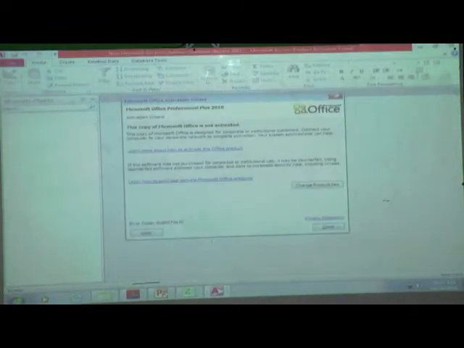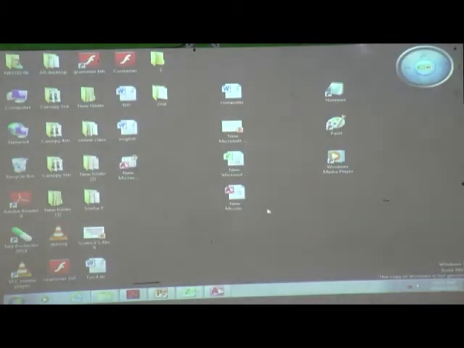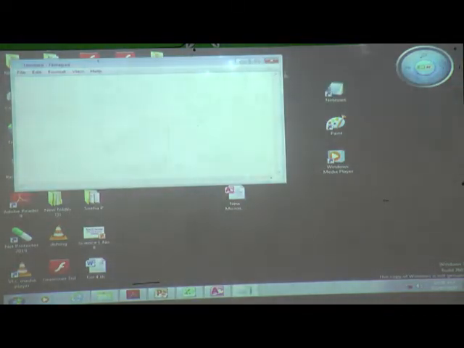Now next one is Microsoft Access. If you want to create any database, that time we are using this file. It is a database file. Got it? First we studied Microsoft Word, then Microsoft PowerPoint, then Microsoft Excel, and then Microsoft Access. Now next one is Notepad. Microsoft Notepad. You can see this icon. It is Notepad. Okay.